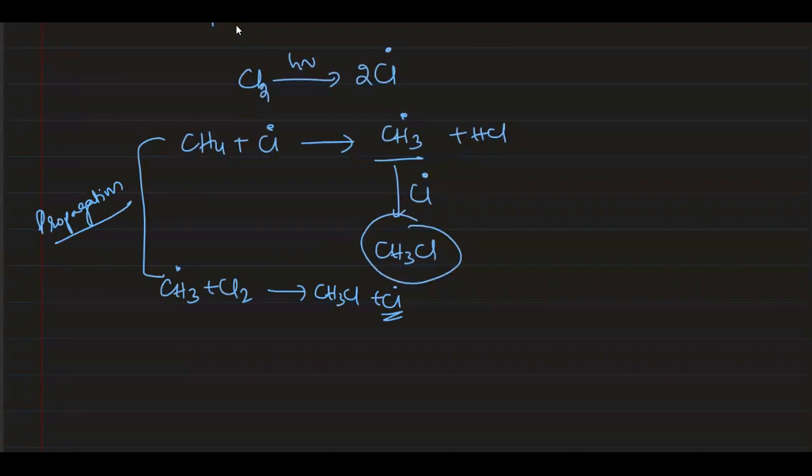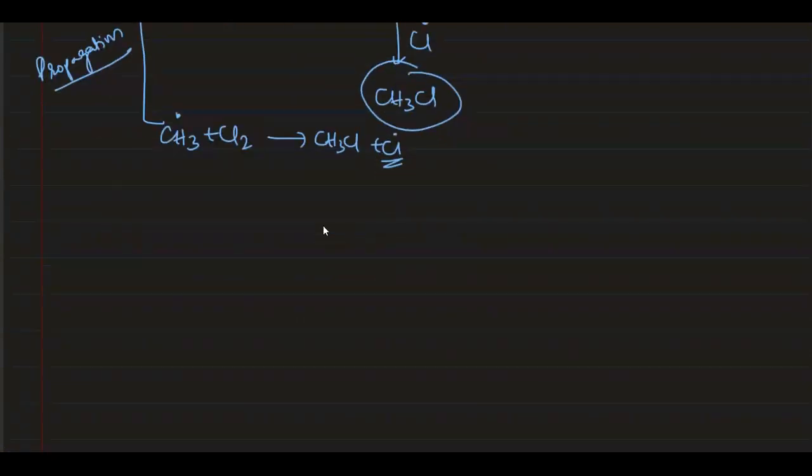Propagation of reaction. This will continue as long as the reactant is available. Now, it's not that this is the only product. It can also happen that CH3Cl reacts with a Cl radical. In this case, what happens? It will generate CH2Cl radical